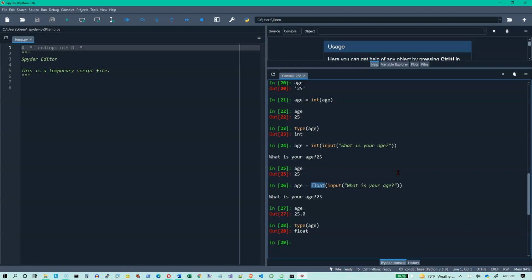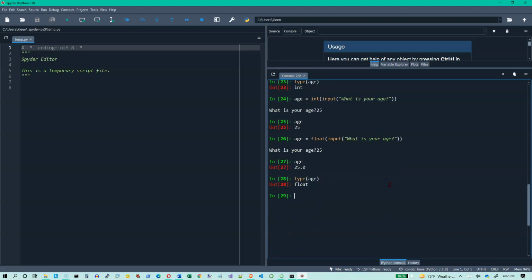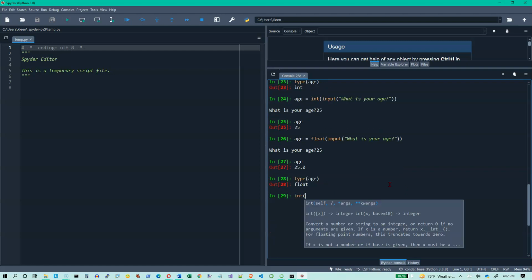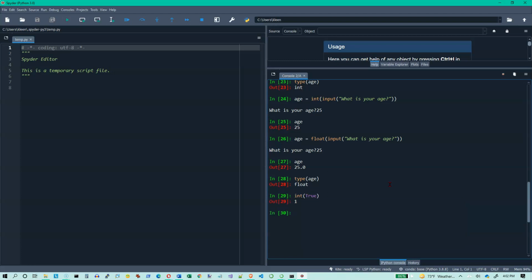Okay? Let's try one more thing. So you can use the int function to convert a string into an integer. You'd also use it to convert a floating point number. If I had a floating point number in here, you can convert that into an integer as well. Same thing with float. Now, what happens if I do int of a Boolean? Can I convert that into an integer? And it appears that I can at least convert true into an integer,